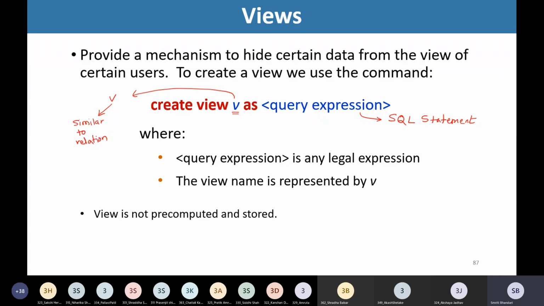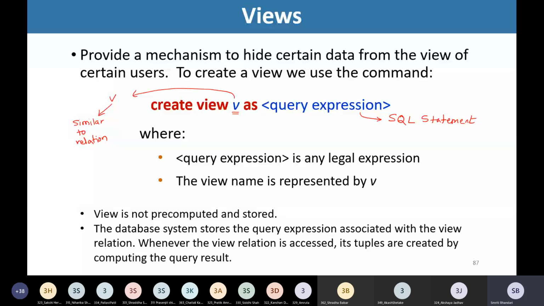But please note that the view is not pre-computed and the data that we are computing in a view is not stored in the database system.